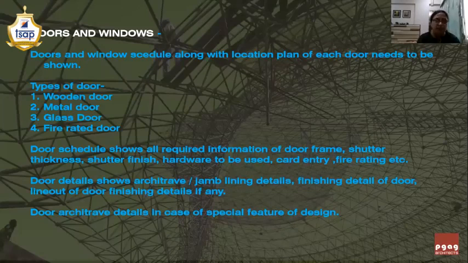Then the shutter thickness: if a solid core shutter has been used, then the solid core shutter thickness can vary as per the hardware used. For example, if you want to use an exposed door closer, you can use 38 mm thickness for the door shutter. But if you want to go for a concealed door closer, then the thickness of the shutter should be minimum 50 mm and above.